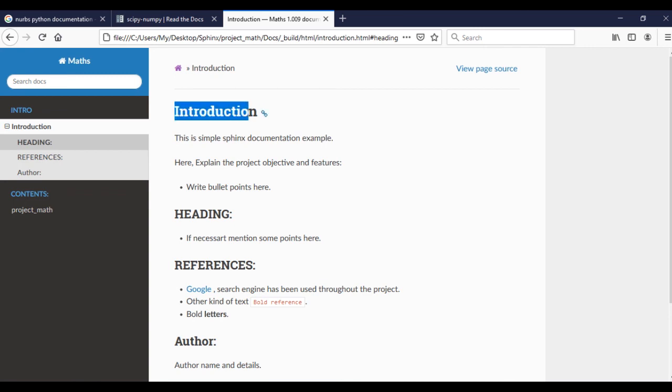Here we can give an introduction and heading references, this kind of headings and bullet points if necessary, and also we can add web links. I will attach this introduction.rst file in the description below so that you can use it as a reference and generate your own introductions for your projects.